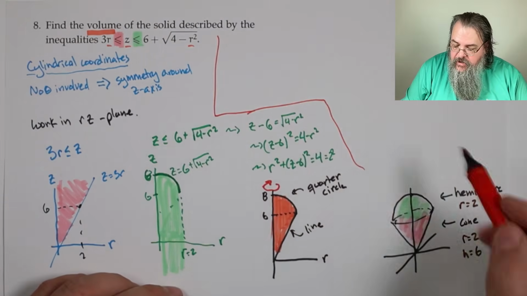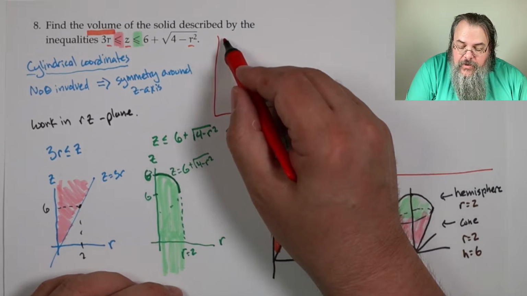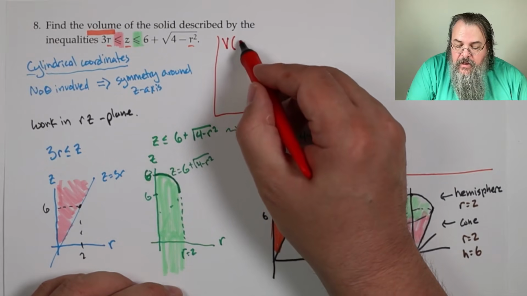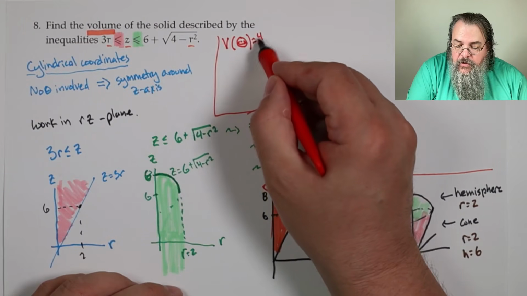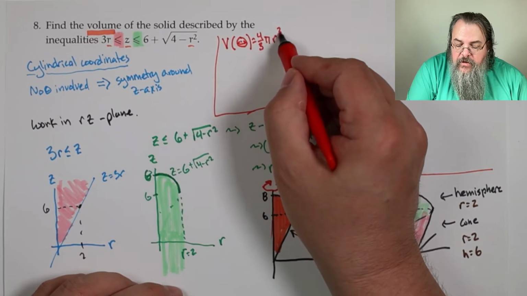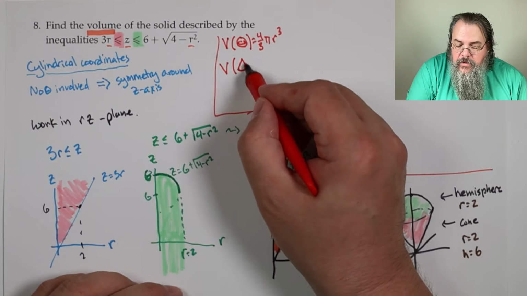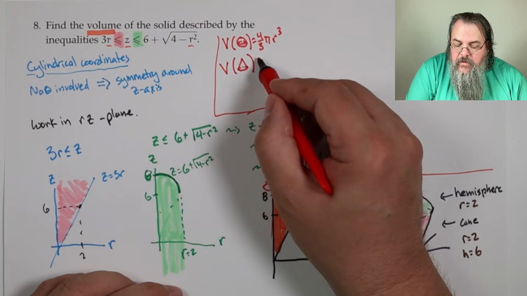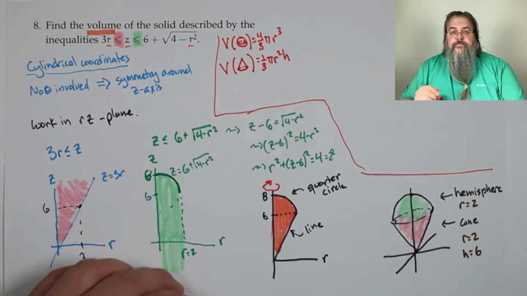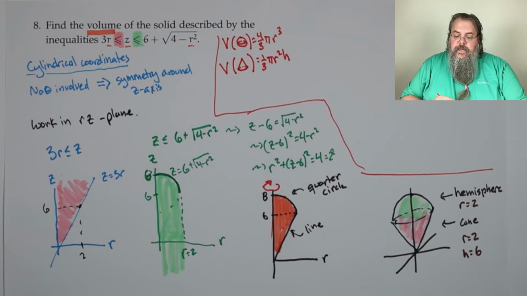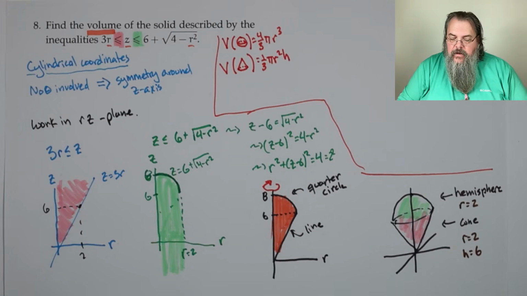So all of this was to help us understand what's going on with our shape. We are told that the volume of a whole sphere is 4/3 pi r cubed, and we're told that the volume of a cone is equal to 1/3 pi r squared h. So now we're going to add these two volumes together. So what do we get? Our volume,